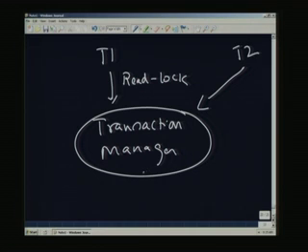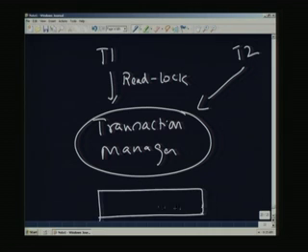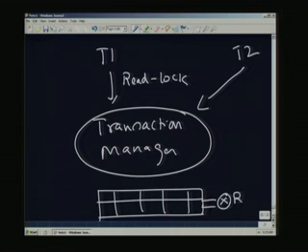When the transaction manager locks the data items, for example, there is a table here, the student record table, typically it allows a particular tuple to be locked, and this lock will be granted based on the request made by the transactions. So, all the lock requests are coordinated by the transaction manager, and it knows which transaction holds what locks at a given point of time, and ensures that the lock requests are properly coordinated among the various transactions that are